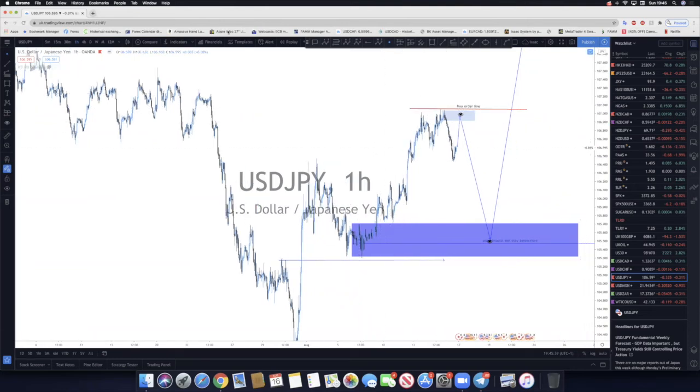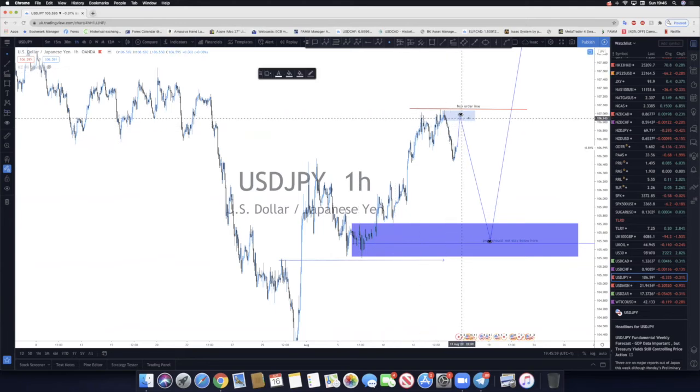So let's look at what is happening. You can see that we have already broken the top. We broke the last impulse. Market might make a correction here, tag here, and drop down. Okay, yes, it can do that. So this is what I'm looking for. So we can place our sell there if you have time.